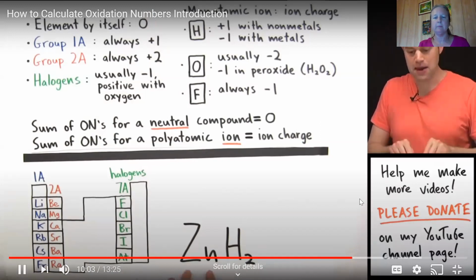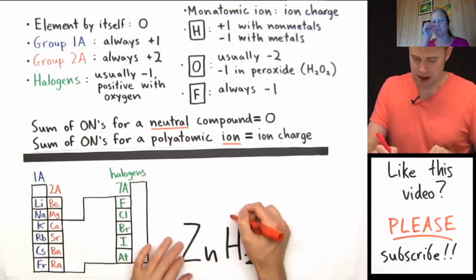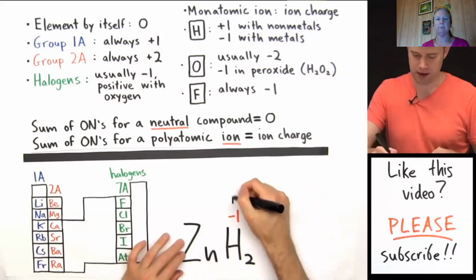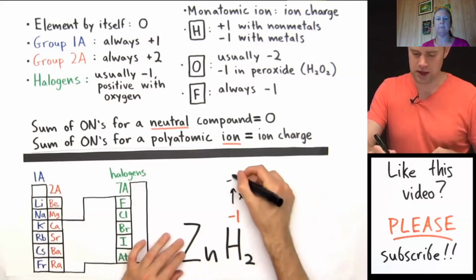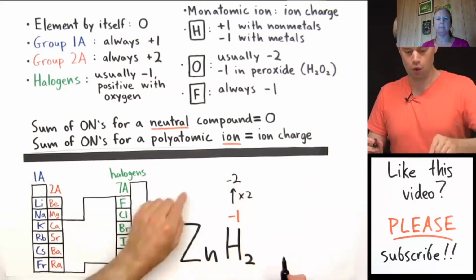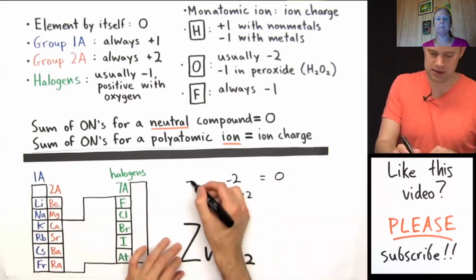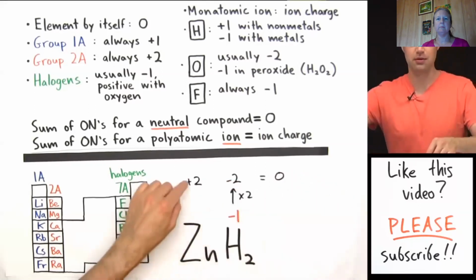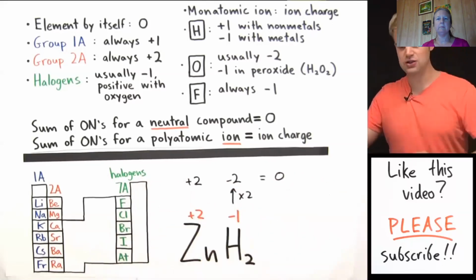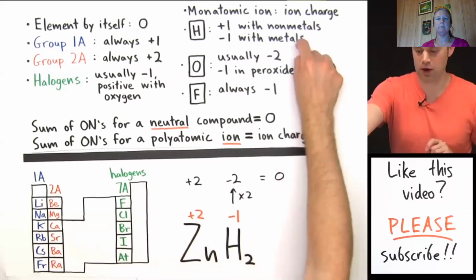It's with a metal, with zinc. So that means that its oxidation number is going to be -1. But we have 2 of these hydrogens, so it's going to be -1 times 2 give us -2. Since this is a neutral compound, whatever zinc is plus -2 has to give us 0. So that means that zinc's oxidation number must be +2 here. So we got +2 for zinc and -1 for hydrogen, because hydrogen is with metal, so it has a -1